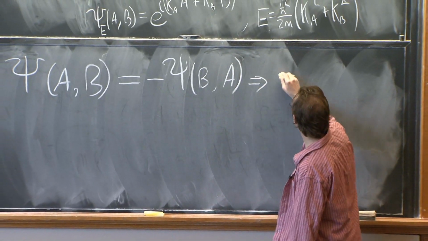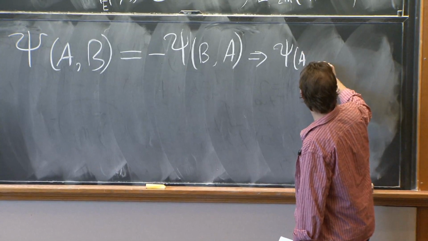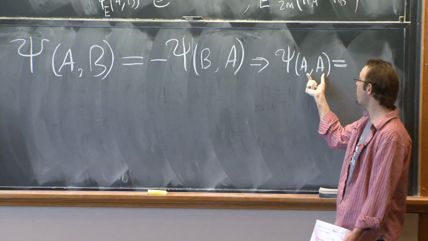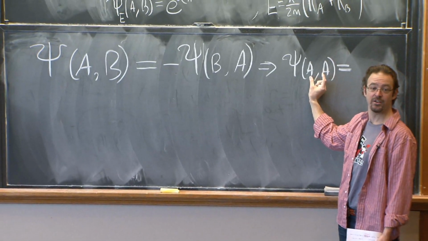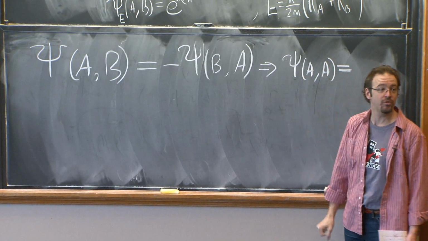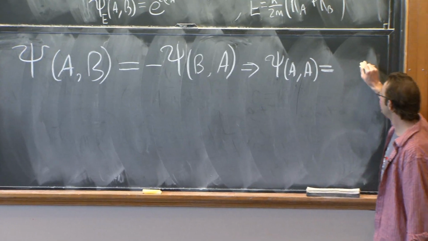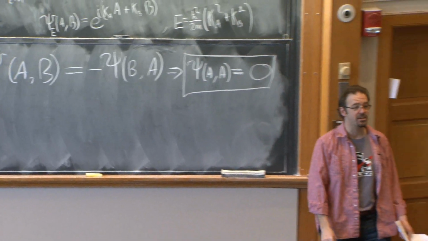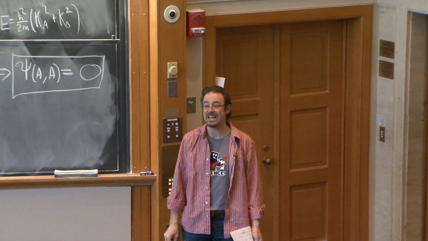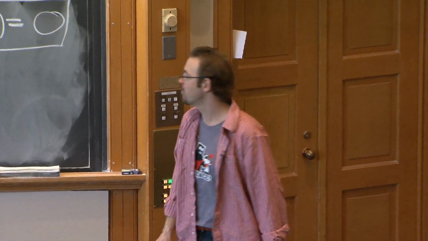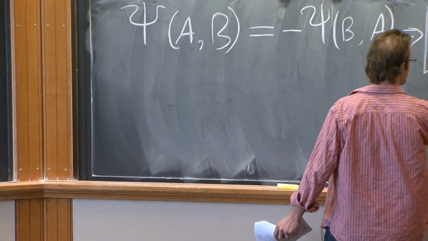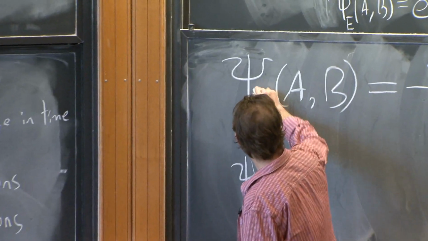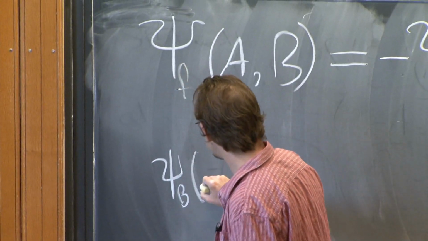This tells us in particular that the probability amplitude for the first particle to be at A and the second particle to be at A is equal to minus itself, because upon swapping the particles we get minus psi(A,A). So the probability amplitude to find two fermions at the same place is equal to 0. Two fermions cannot occupy the same state. This was the Pauli exclusion principle, which we needed to get the periodic table. Pauli. Two, so this is fermions. If we have bosons, psi(A,B),